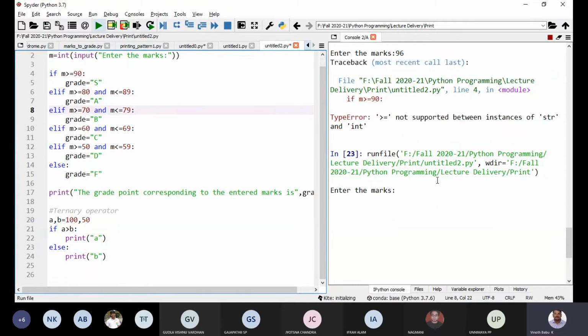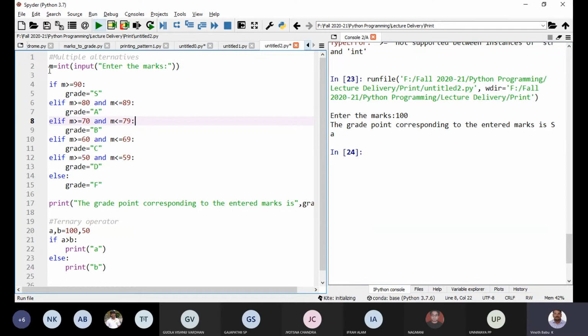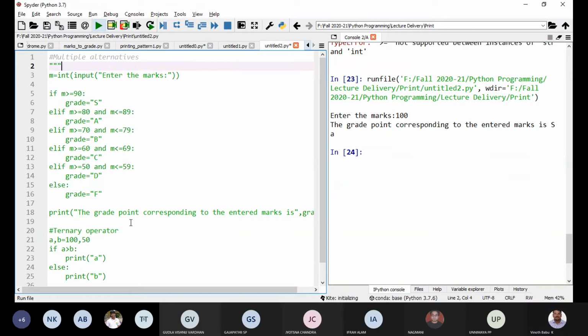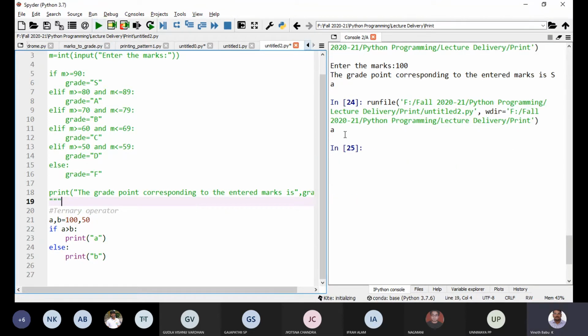See, it is printing a. Let me comment this one.